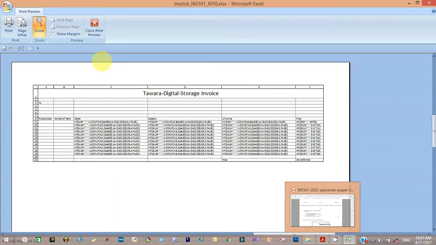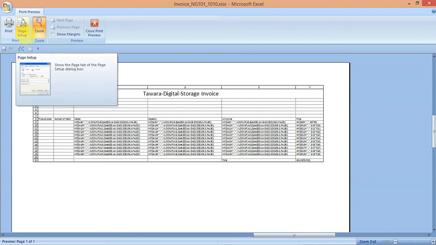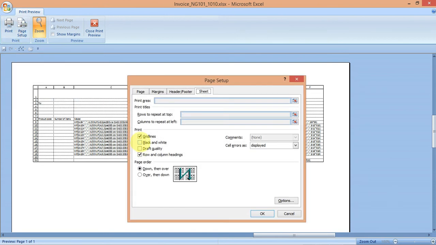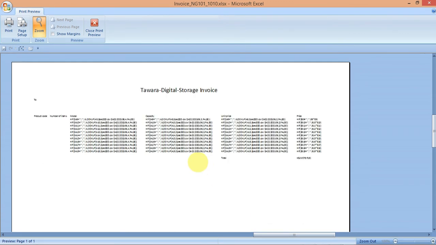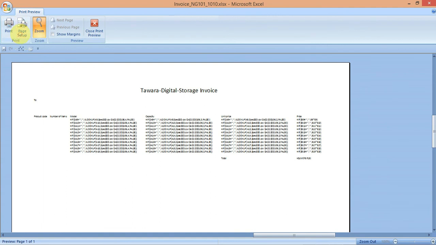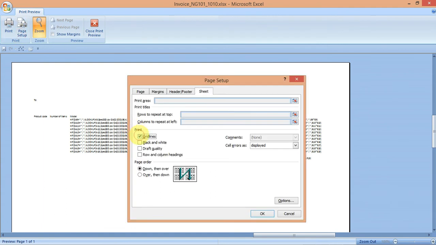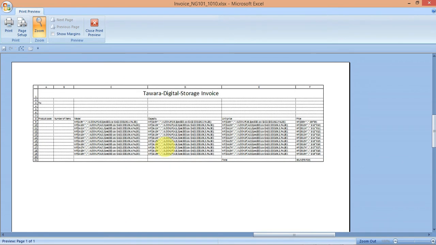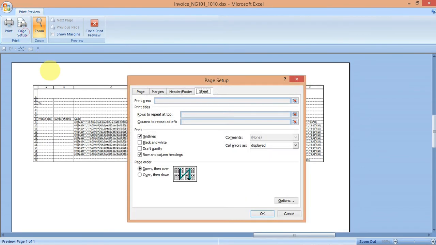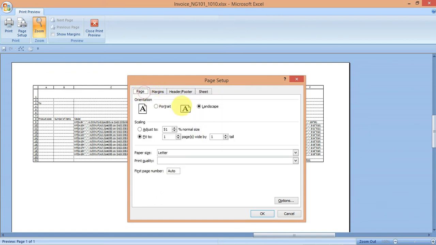So you have to come down to page setup and check sheet. You check grid lines and rows. So if you uncheck now, you see that nothing will be there. For example, if I uncheck them, you can see the effect. So to do that now, you have to come to page setup and make sure you check the grid lines and the row and click OK. So before you have this, also the orientation, you click on page, so you check landscape orientation,